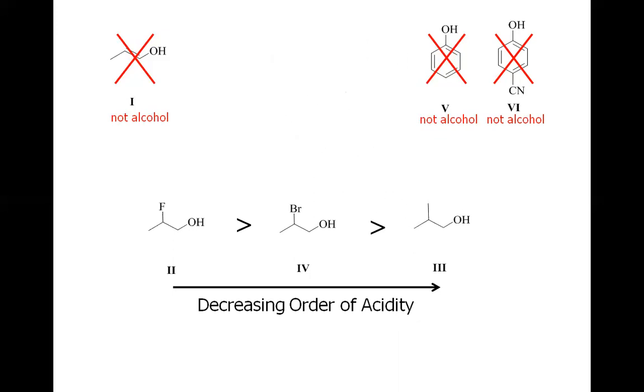So this is the decreasing order of acidity. And remember, with the decreasing order of acidity, it means we have to write the most acidic first and the least acidic at the end. If we were asked to arrange these molecules in the increasing order of acidity, the reverse should have been the case.